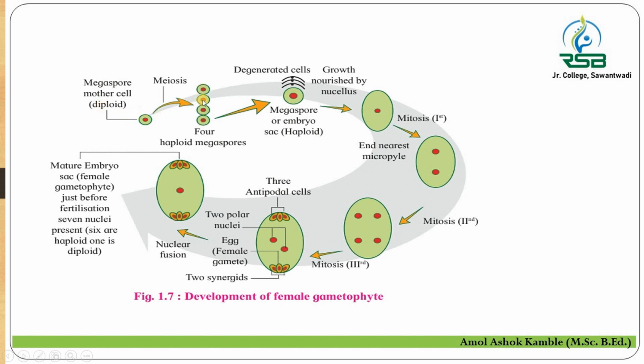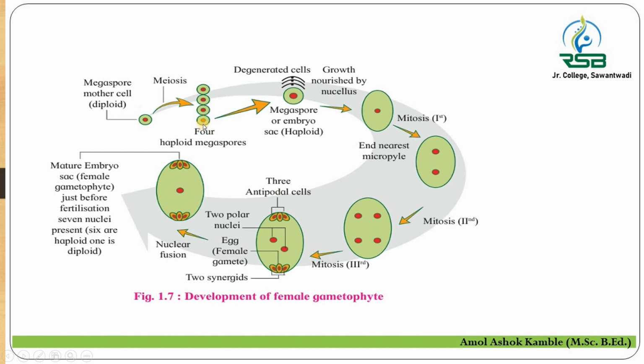हॅप्लॉइड मेगास्पोर दिसतात, 1, 2, 3, 4, यापैकी हा जो वरचा आहे, सध्या आपल्याला या डायग्राम मध्ये ज्यावेळेस आपण फोकस करत आहोत त्यावेळेस आपल्याला हा जो वरची जी बाजू दिसते, ही जी काही साइड आहे ही साइड आहे मायक्रोपायलर साइड, टुवर्ड दी मायक्रोपाईल, आणि हा सगळ्यात शेवटचा दिसतो हा आहे चलाजल साइडचा. पुढच्या स्टेप मध्ये काय होत असतं, लिनियर टेट्राड तयार झाल्यानंतर वरचे जे 3 आहेत they degenerate and the